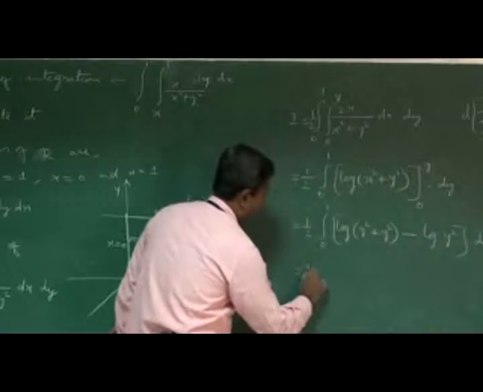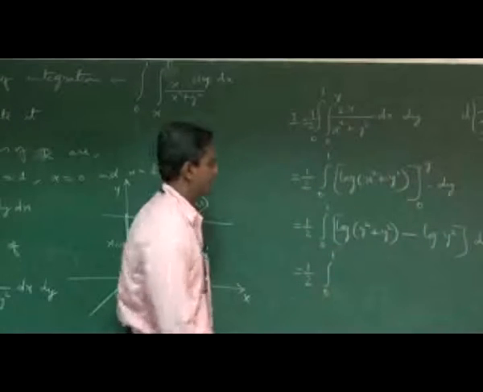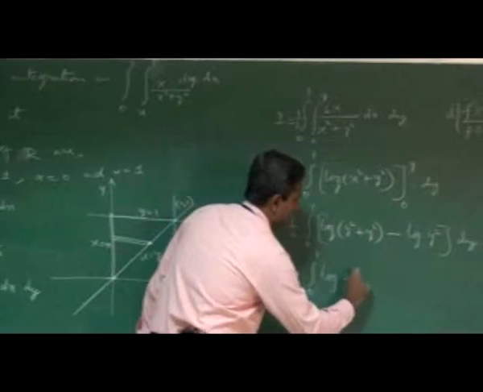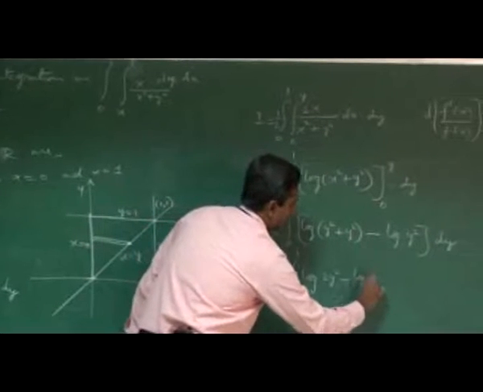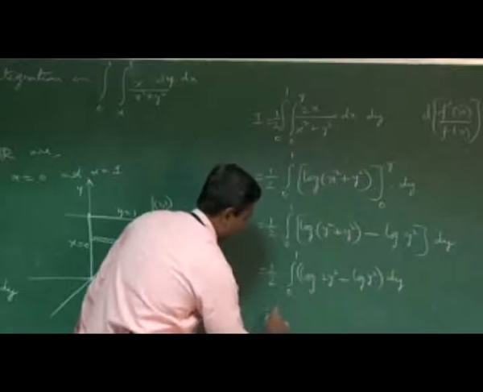That is equal to 1 by 2 into, here we simplify the term, 0 to 1 and then log of 2y squared minus log of y squared into dy, and that is equal to 1 by 2